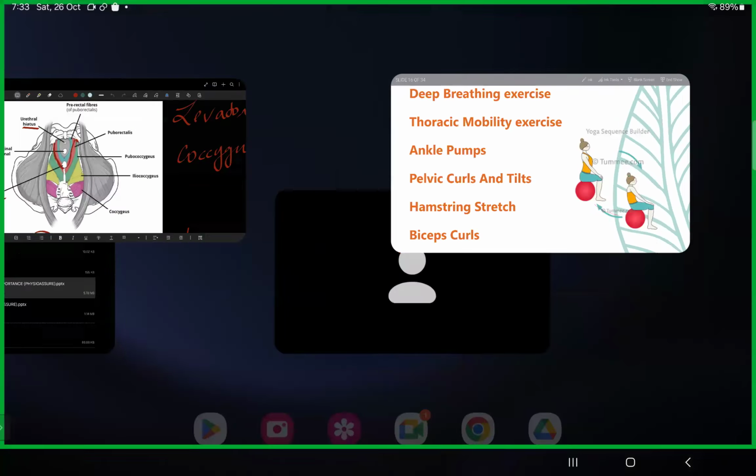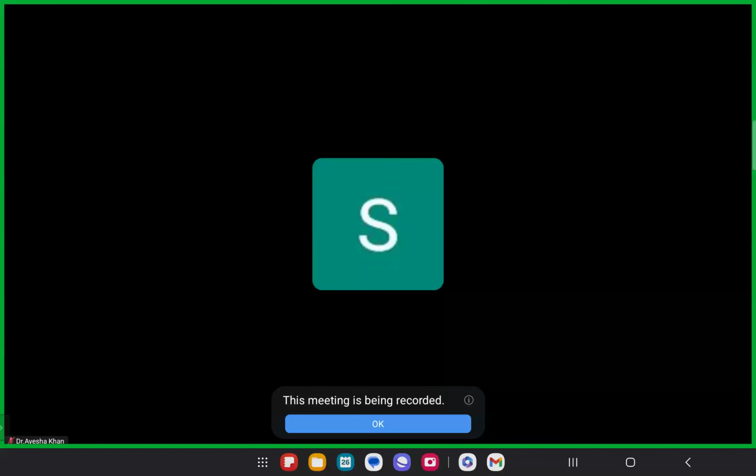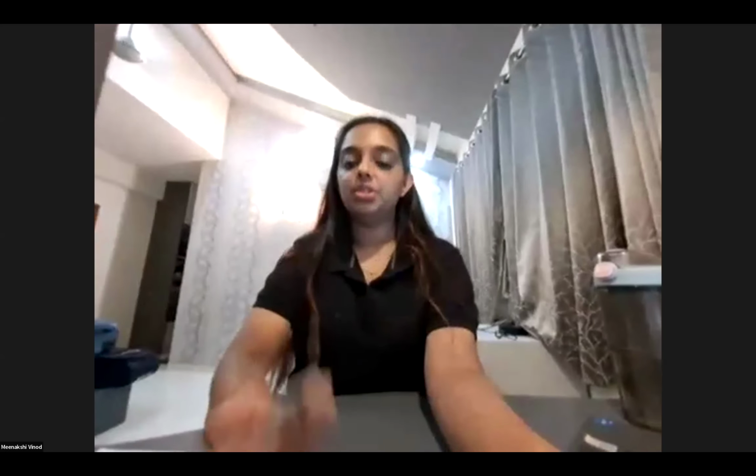I'll just turn on my camera. So your breathing pattern is your normal pursed lip breathing. But how? You need to breathe in through your nose and breathe out via your mouth. That's pursed lip breathing, right? Or diaphragmatic breathing. That is the normal breathing pattern. So you'll breathe in through your nose and breathe out via your mouth. This is the breathing pattern that we will follow, correct?